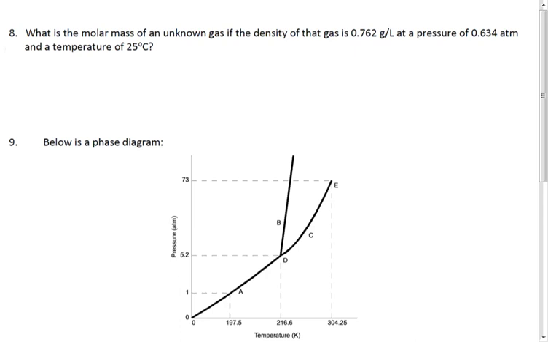Number 8, they give us the density of our gas, so we have to use our density equation. Density is PM, that's the pressure times molar mass, over the gas law constant times the temperature. And this time we're trying to solve for the molar mass. We want to solve for this M right here. We have the density given,